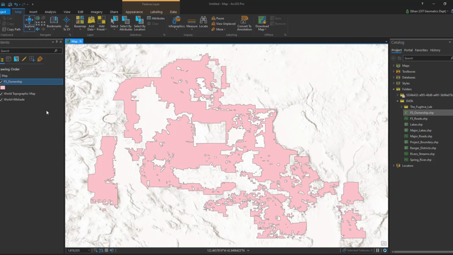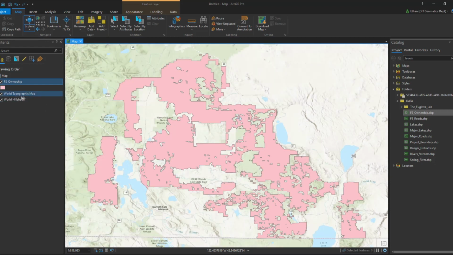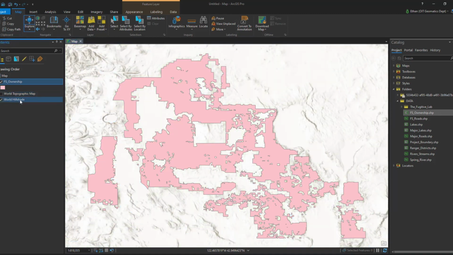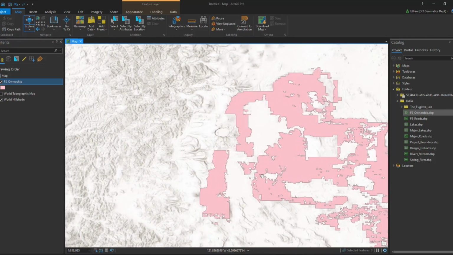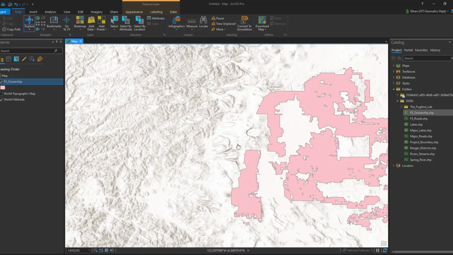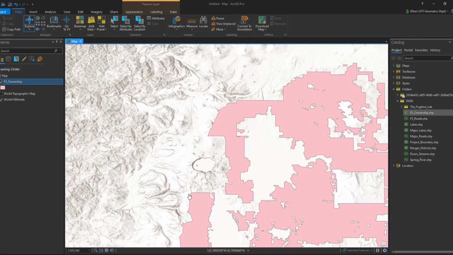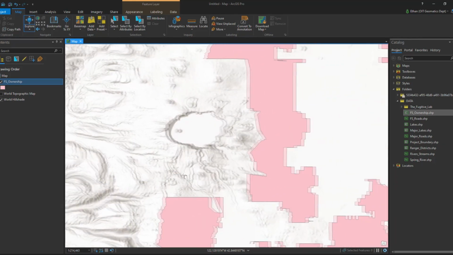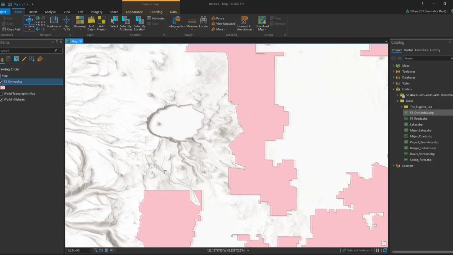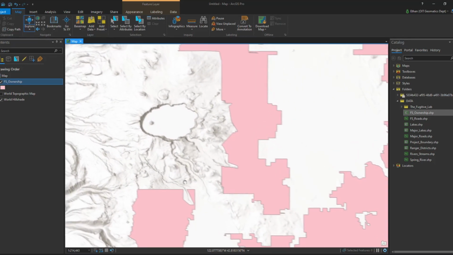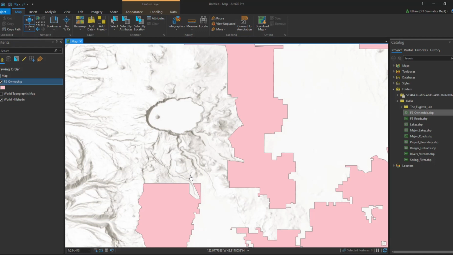And there it is. And then we're going to keep on this. We're going to turn off the world topo map. We're going to keep the hillshade on. So the hillshade's a raster, and it provides us with this three-dimensional look here. I'm going to zoom into Crater Lake here. And the first little trick we're going to do here